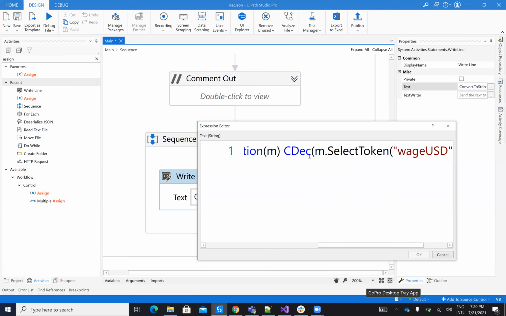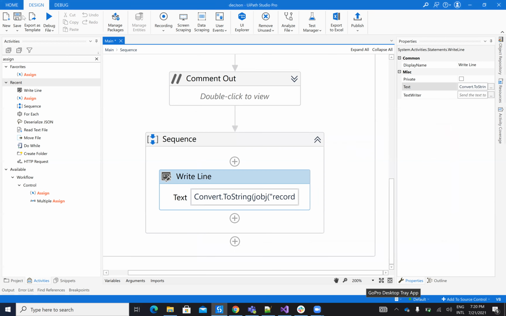So CDec is converting to decimal. And here I say m, and the argument of the function is select token wages, wage USD. So basically, it will take all the records and make a sum of all the wage USD items. If I run this one,